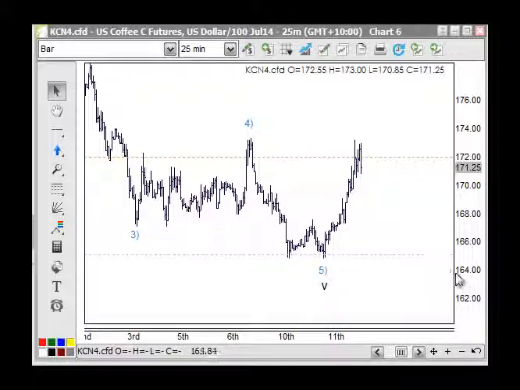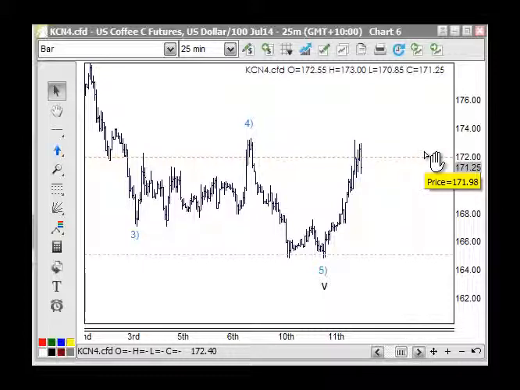So this is an impulse wave here. It may not be finished. We may be in a wave 4 fluctuating here, but we don't have any overlapping wave structures. It's moving swiftly and nicely. So some type of pullback in here, which could pull back to the 168 area, 61.8 at a guess. But look, we're just eventually looking for a nice solid retested support on